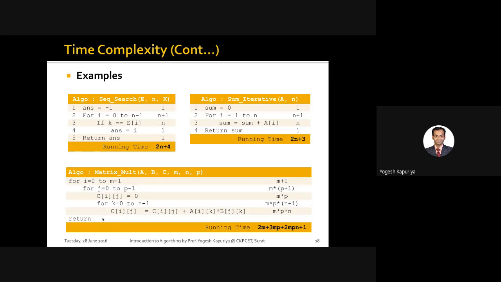And finally you say return C, then step count will be 1. Okay, here we are not returning anything because we have taken C as an input. So let us assume that you have a pointer to an array you have already given as an input, so you are not returning anything. It's a void return, and that's why the step count is not mentioned. Then finally you add this together, you will get this kind of an equation. So this is the step count of this algorithm. I hope you understood this.